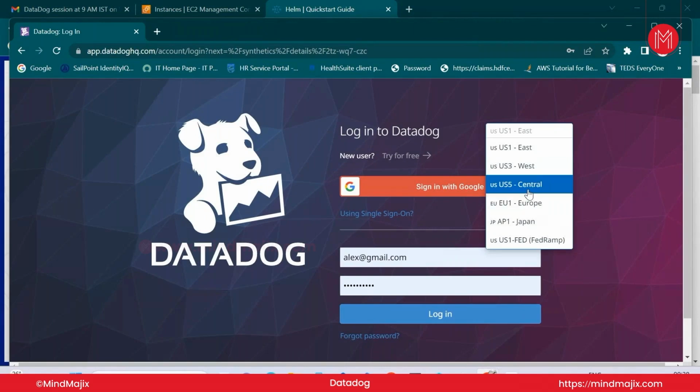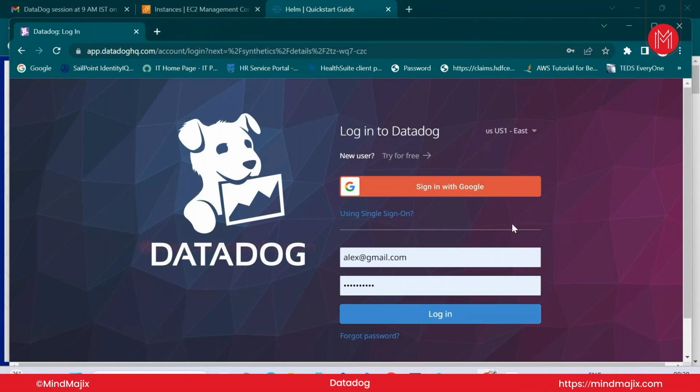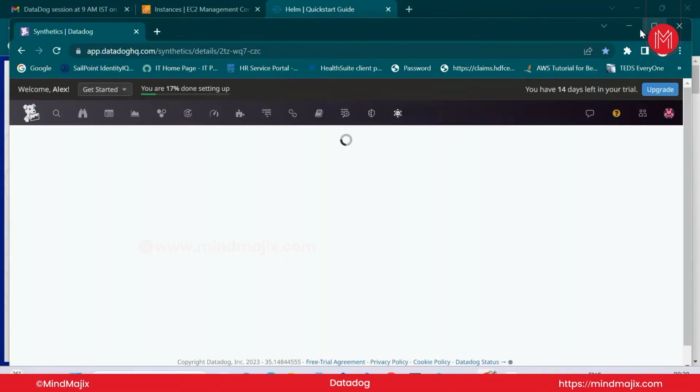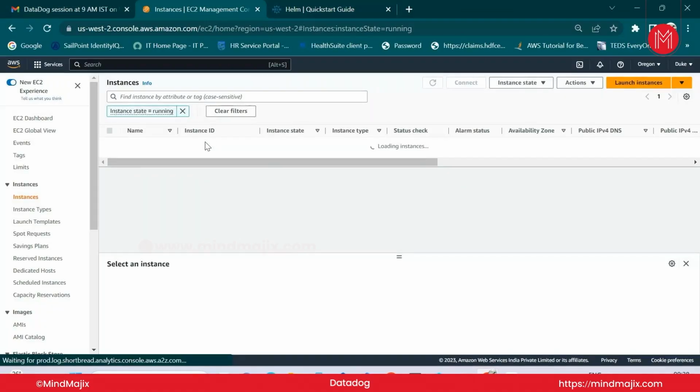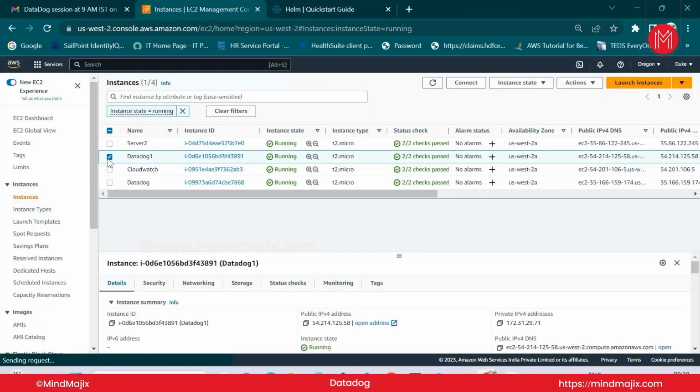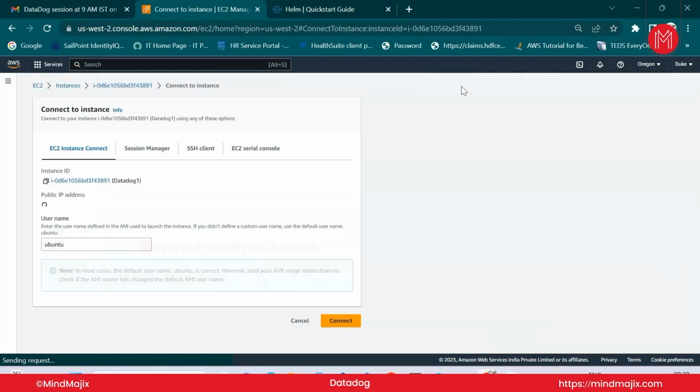We need to remember where we created our agent. So ours was US East. Click here and say I want to install the agent on an Ubuntu machine. Okay, so this is an Ubuntu. I'll connect first. And in the meantime,